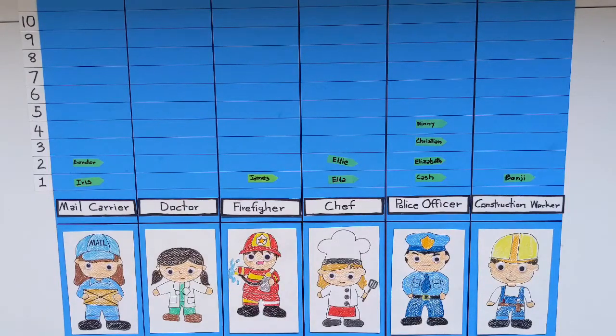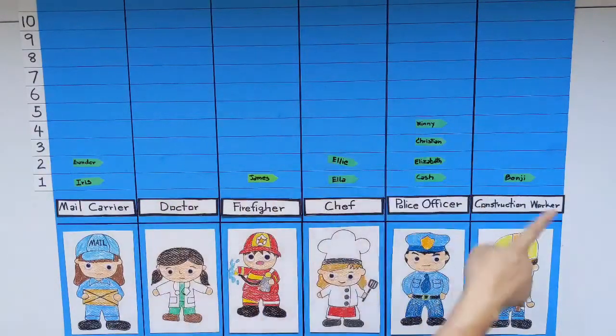I will ask them why they pick this helper as their favorite, what they do for our community, and how many friends pick the same as them. So when I call out all the children and put their name on their favorite community helper, I will ask them to count all the yellow post-its all together and find out how many we have. So we have all 10